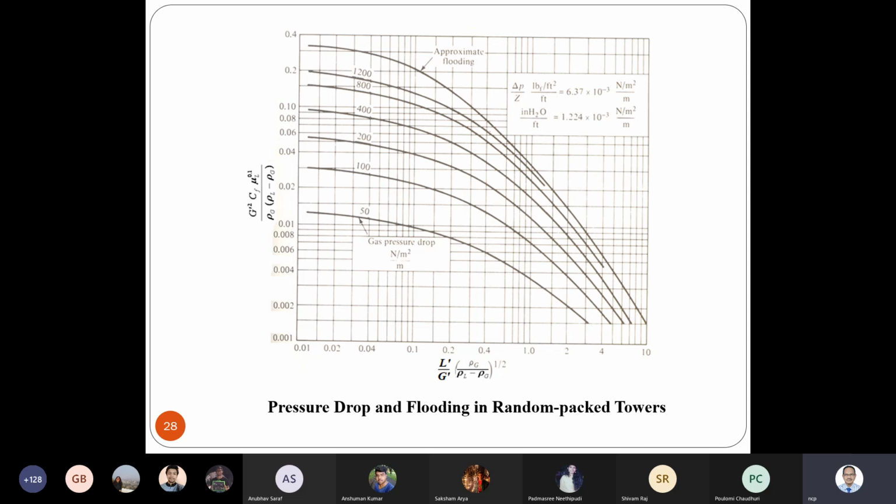So this way we get these things, and height we have to determine in a different way, that is by applying the transfer unit concept, finding out the number of transfer units and then the height of a single transfer unit. Just the product of these two will give you the height of the packed tower, right? So that we'll discuss in detail when we study gas absorption in packed tower, right?